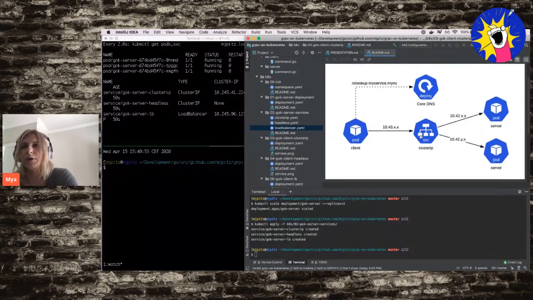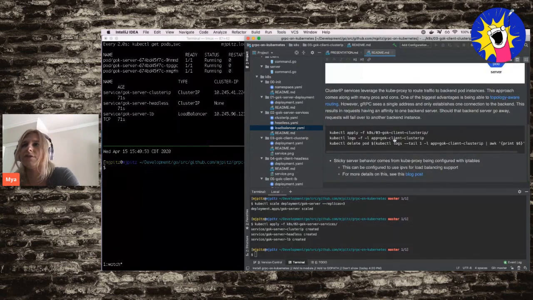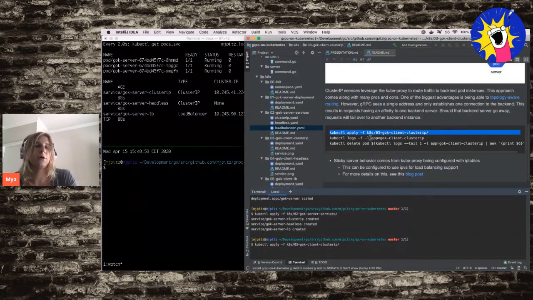That cluster IP will route to the kube proxy instance, which then ends up routing to one of the 10.42 addresses in the background. This is great because it lets you make use of things like topology-aware network routing, but kind of the one downside is that gRPC sees a single address, and so it only establishes a single connection to its backend. So the way that this ends up manifesting, if we apply this, we'll watch that roll out